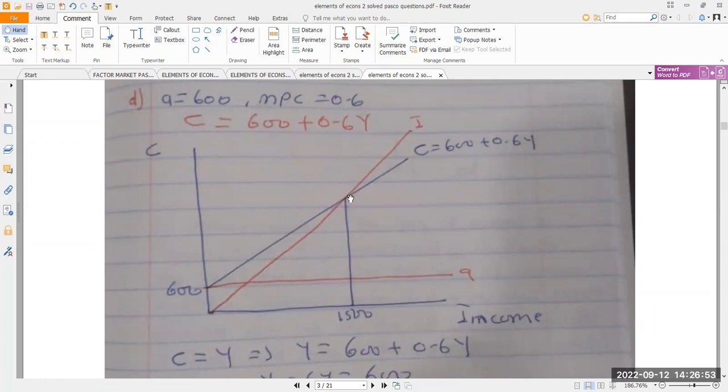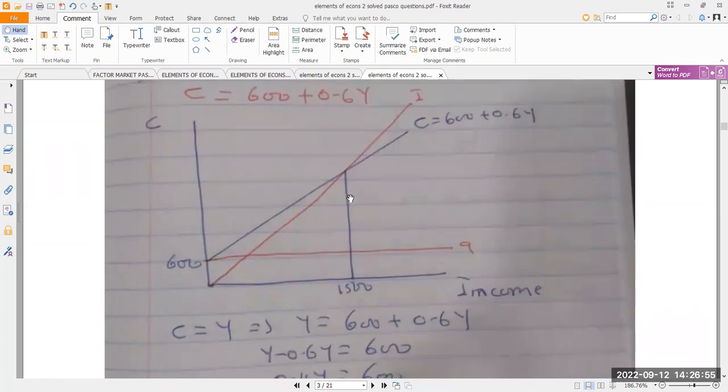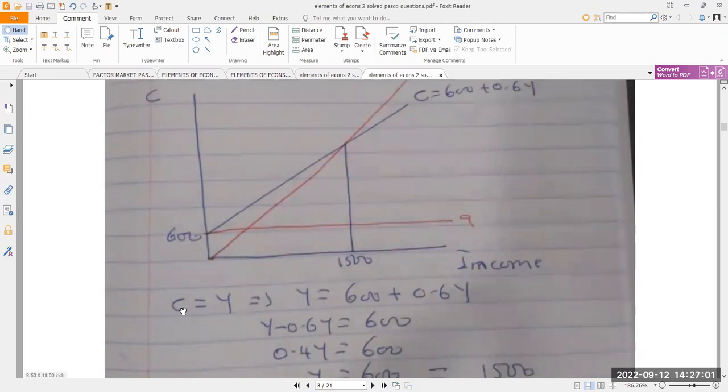I think that the last part, we're supposed to find the level of income where consumption will be equal to income. So if consumption is equal to income, then C should be equal to Y. So if C is equal to Y, then Y should be equal to the consumption function, which is 600 plus 0.6Y. So we have a linear equation in terms of